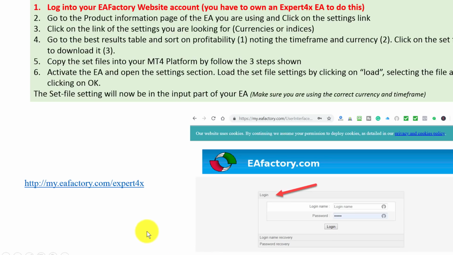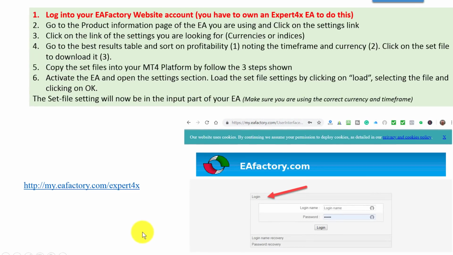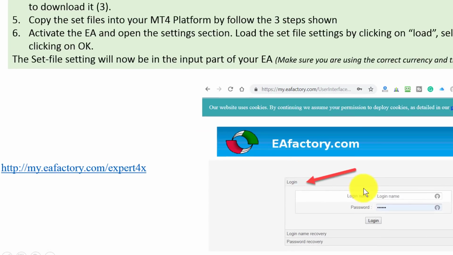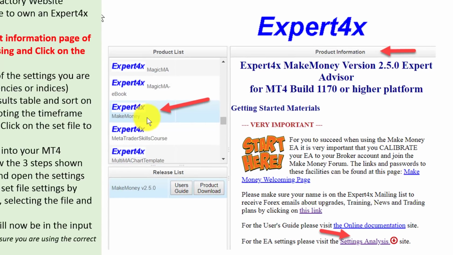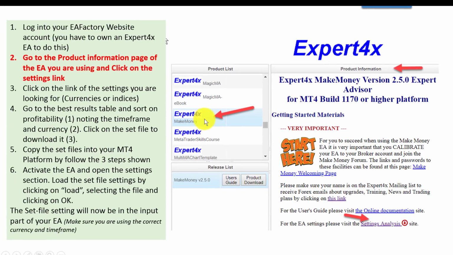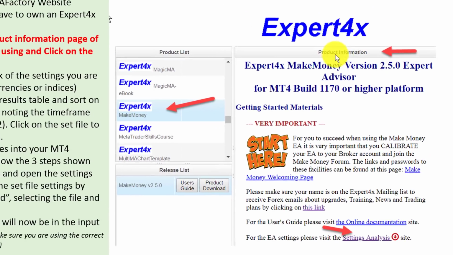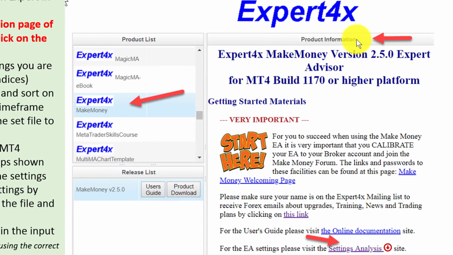Okay, so let's go into how you find the best settings and how you use those settings in your EA. The first thing to do is to log into the EA Factory website. There is the address. You log in, there's the login facility, and once you've logged in, you go to the EA that you have purchased and you highlight that EA, and it will bring up the product information for that